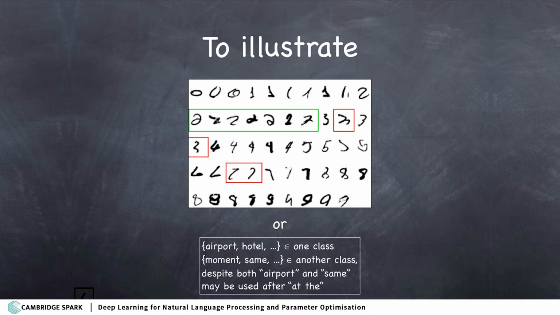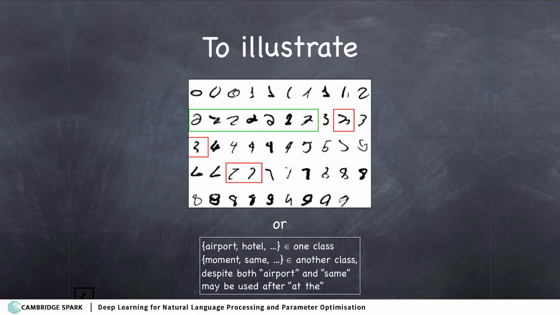In terms of the language, it would be a similar case. We've looked at these examples with airports and hotels. We want to say that those belong to the same class, even though we might have never seen them in the same context, so to say. But at the same time, we want to predict that, say, moments is a representation of a different class, even though sometimes you would see it in the same context. So we want to keep some of those examples apart, and we want to combine some of those together, which would make sense to a human being, but how would a machine do that?